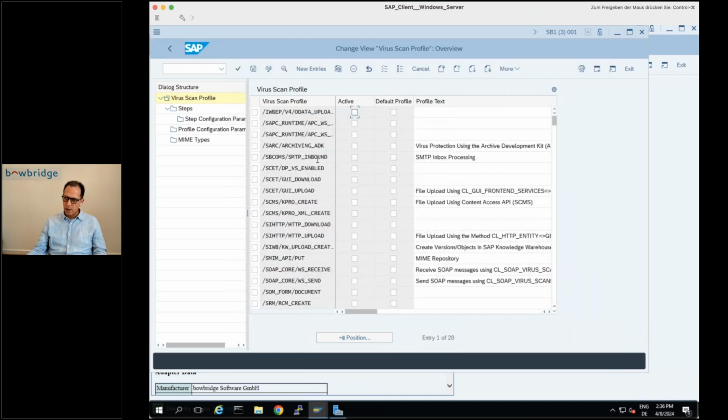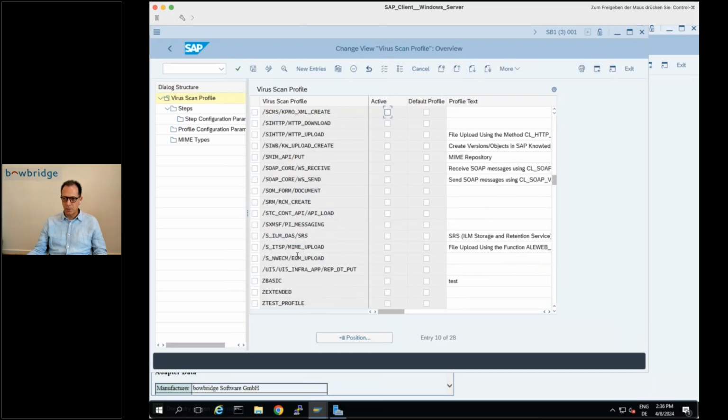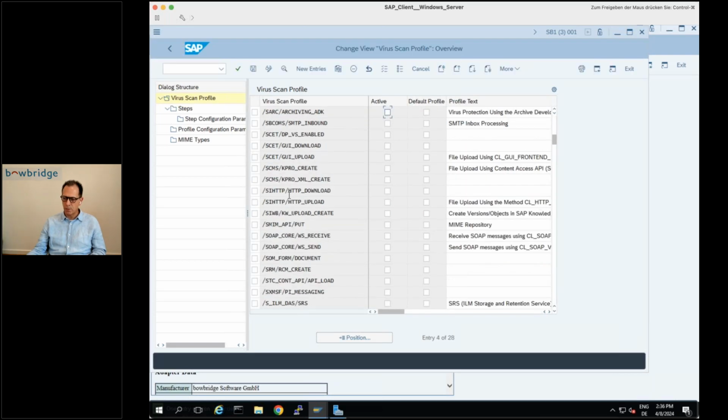And each of those virus scan profiles refers to an inbound or outbound file transfer vector. So you would see things like GUI upload and GUI download. You would see things like kprocreate whenever a file is being created in the knowledge provider. You would find things like SMTP inbound for email attachments coming into the system, SOAP messages, and there's a couple of others. Depending on what modules you have installed on the system, you will see this list changing. What we want to do...